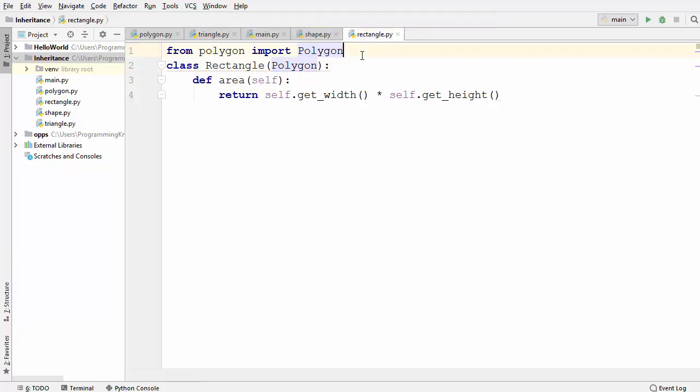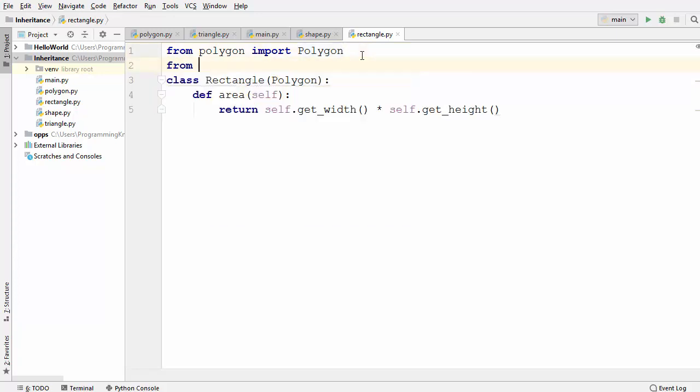So let's use the shape class in the rectangle and triangle classes as a superclass. First of all, I'm going to import this shape class from the shape file. Let's import this, and I will do the same in the triangle class also.